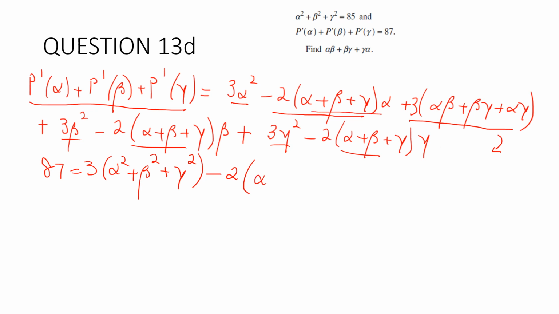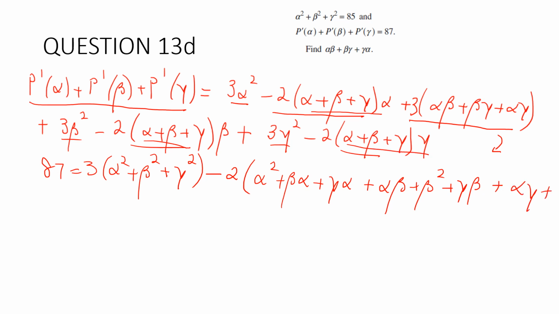So that's alpha squared plus beta alpha plus gamma alpha. Now this guy plus alpha beta plus beta squared plus gamma beta plus, now I'm here, alpha gamma plus beta gamma plus gamma squared, and don't forget this guy here, plus 3 lots of alpha beta plus beta gamma plus alpha gamma